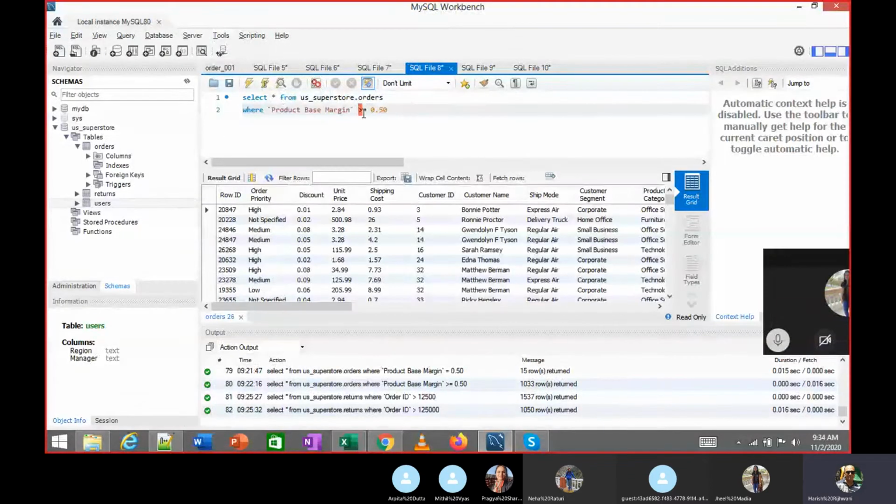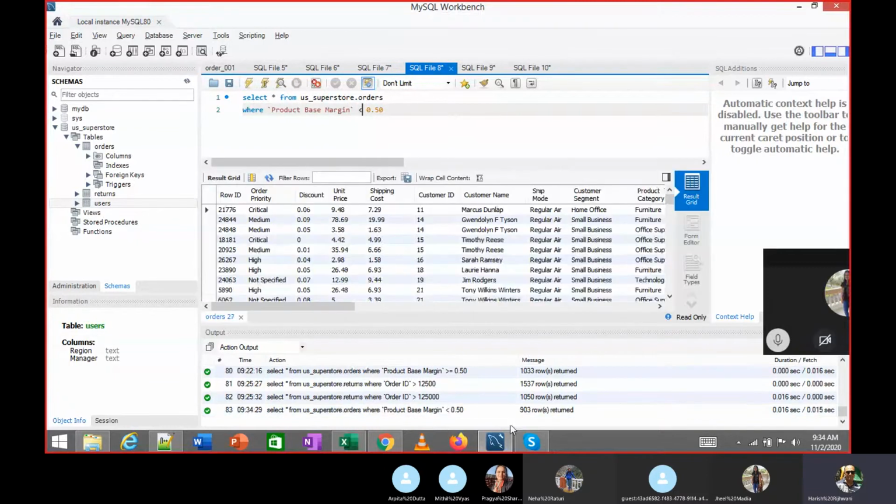And for margin, we had said less than, we don't want greater than. If you say less than 50%, I get 903 records. Again, for equal to, we had got 15 records. So now this should become 918 if I put less than equal to.